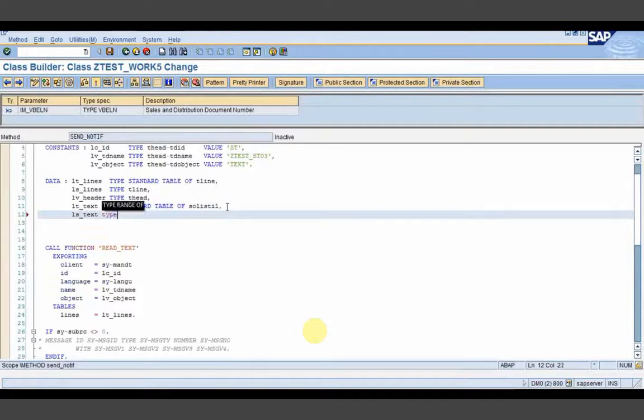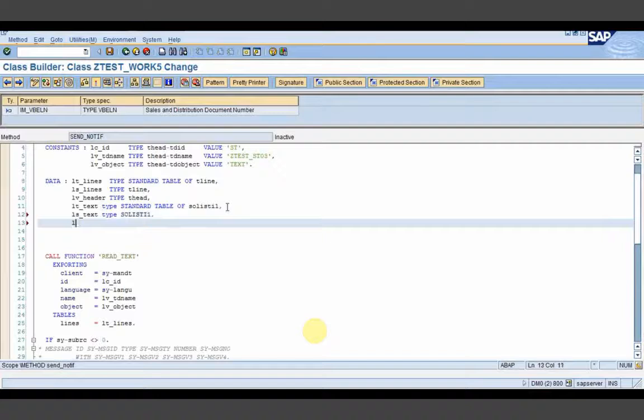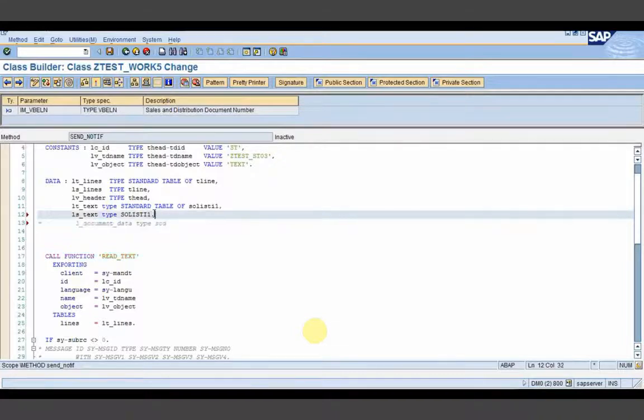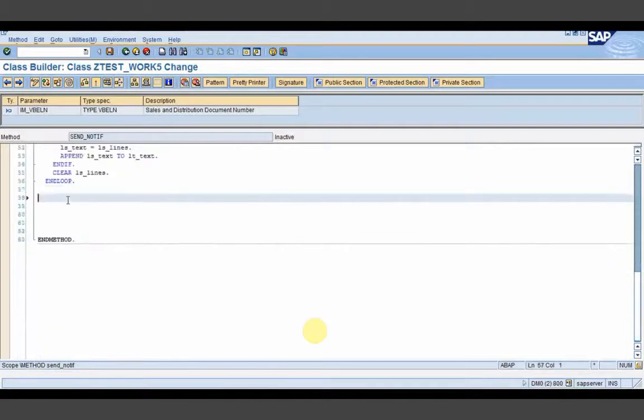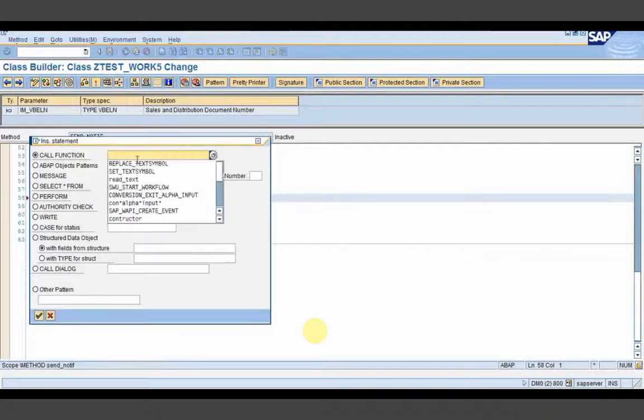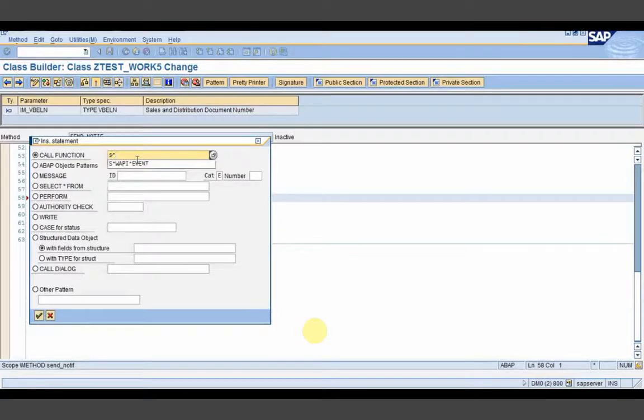I will show you from where you can get this type. I don't remember it, let me check again. So first I will call that standard function module so that I can get the type. The standard function module name is SO_NEW_DOCUMENT_SEND_API1. Let me check.